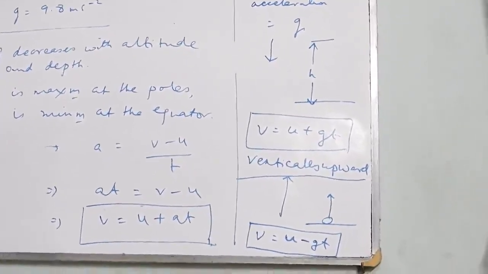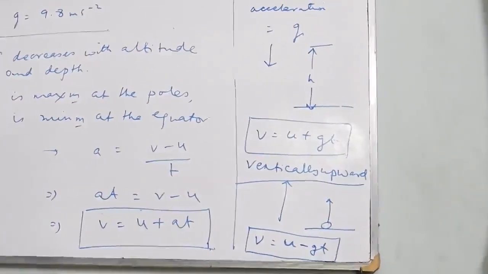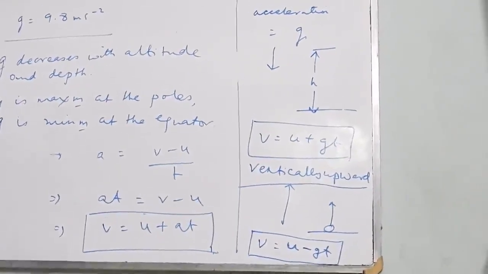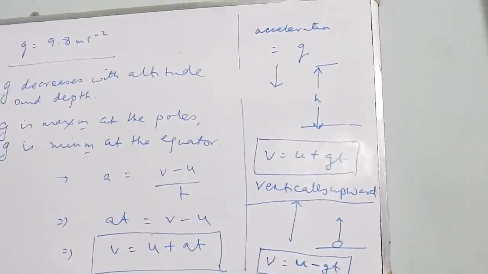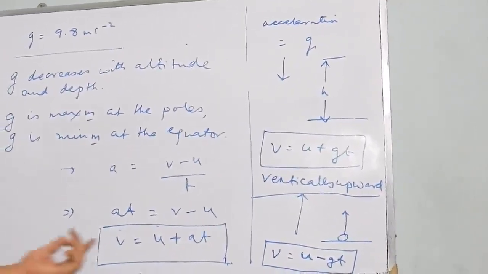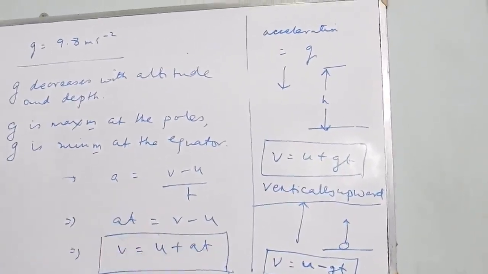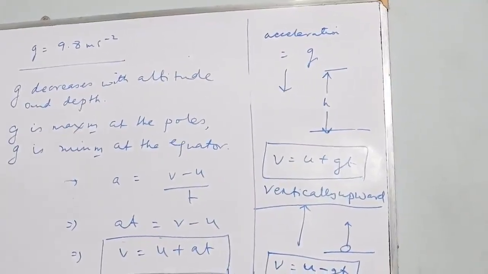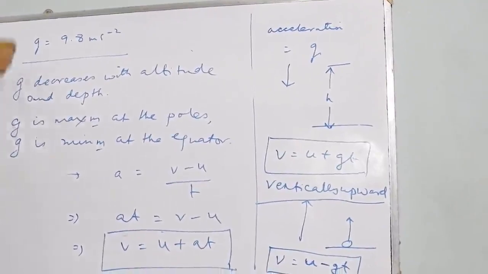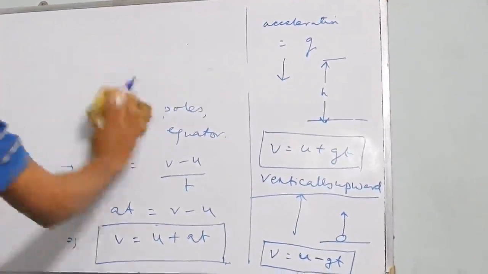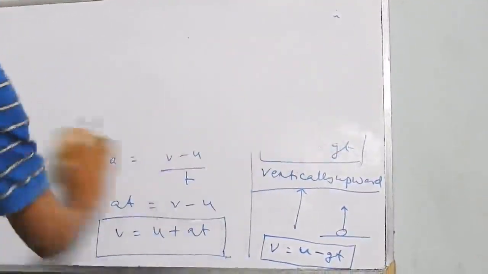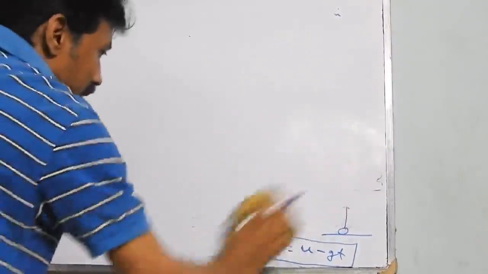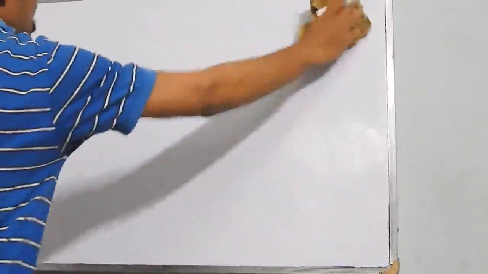Now, we can relate the different parameters of motion that we have already discussed. Like we have related velocity with acceleration and time, we can also relate displacement with these corresponding quantities. So, remembering this equation V equal to U plus AT,